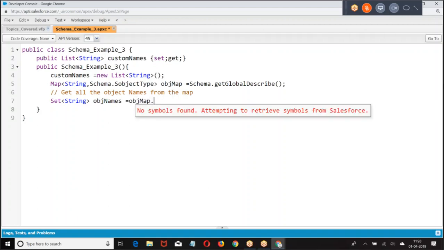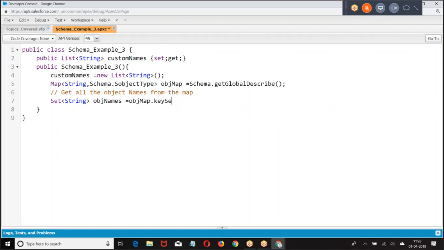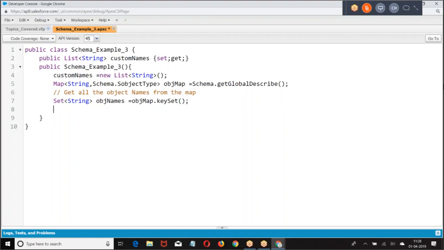For each object name in objectMap.keySet(), take one by one object. String s, object names.